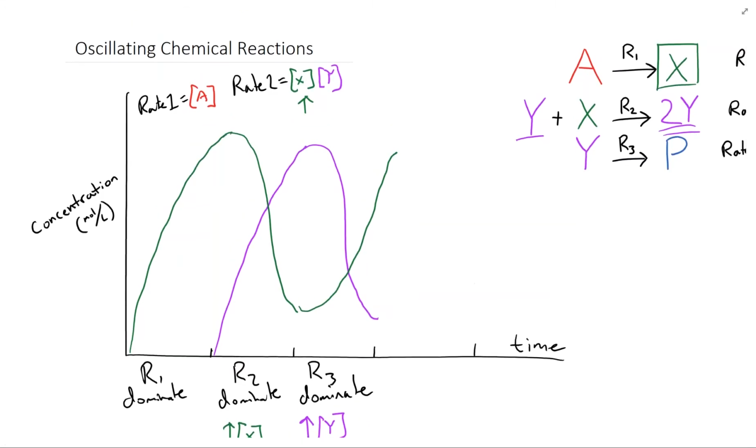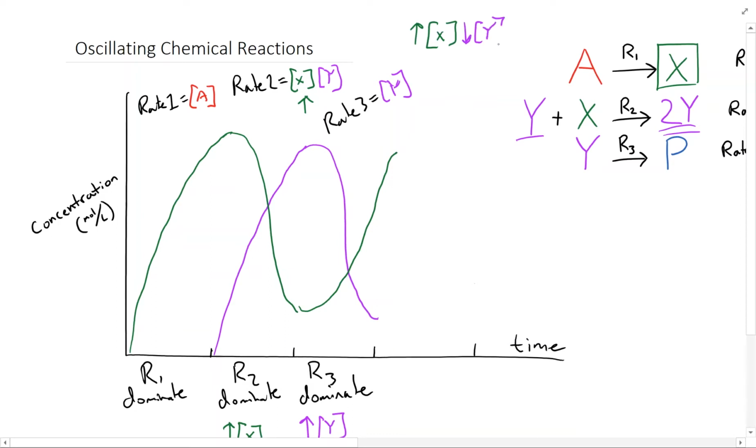And by the way, we need to write rate 3 in here and show that it's based entirely upon Y. So that's why that's the one that dominates here where Y is high. Now, as we look here, we now have what situation? Let's break it down a little bit. At this point, we have high X concentration, and we have a little bit lower